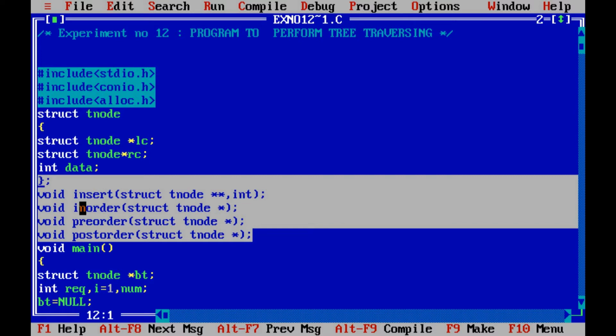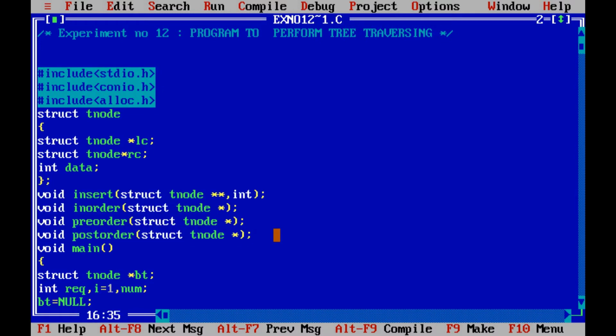The second function is in-order. In-order is LVR: L means traverse the left subtree in-order, V means visit the vertex, R means traverse the right subtree in-order. All four are recursive functions. The pre-order algorithm is VLR and post-order is LRV.